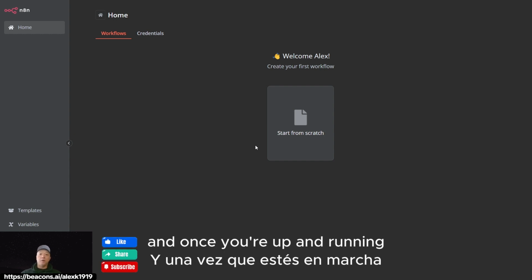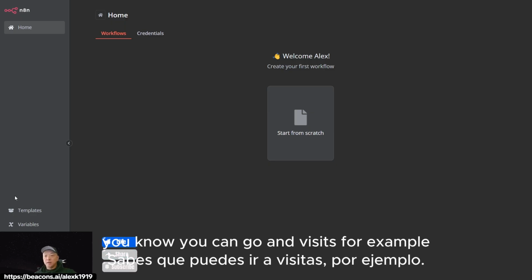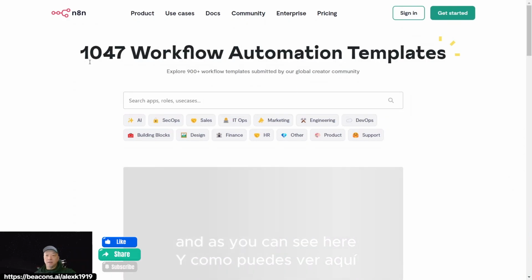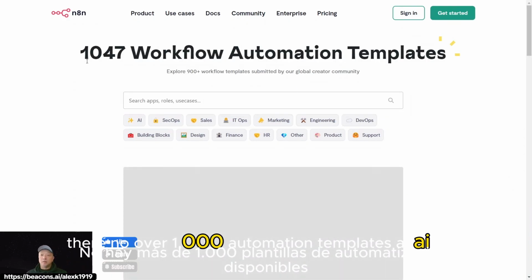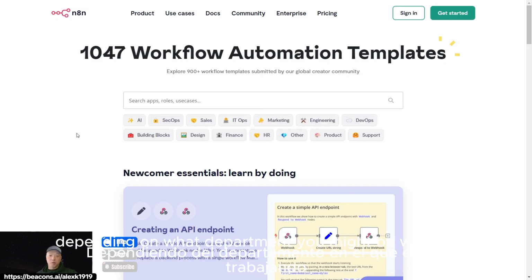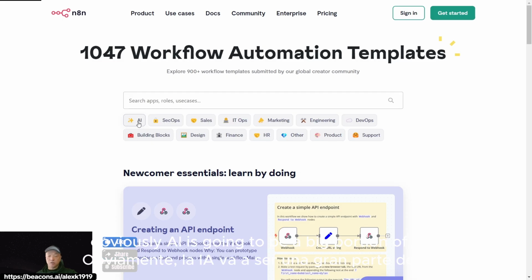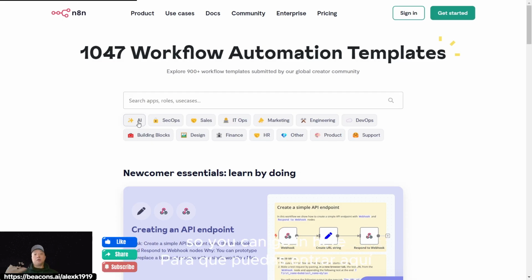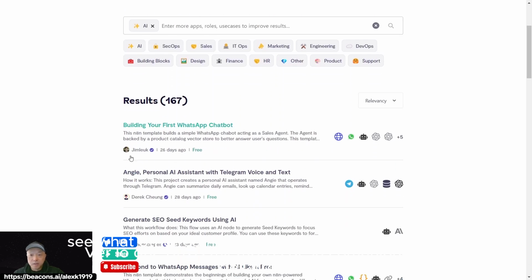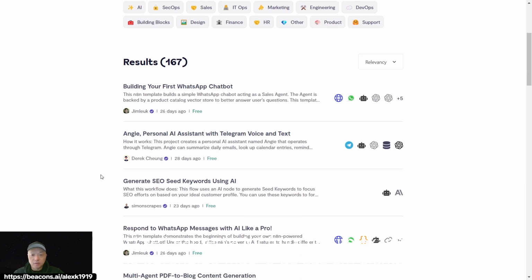And once you're up and running, you can go and visit, for example, the template section of n8n. And as you can see here, there are over 1,000 automation templates available depending on what department you might be working in or what area you are interested in. Obviously AI is going to be a big portion of that. So you can go in here and see what other community members have developed. Jim here, he does a lot of amazing workflows, and I've learned a lot from his